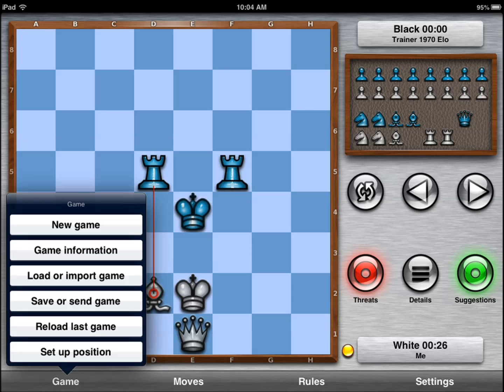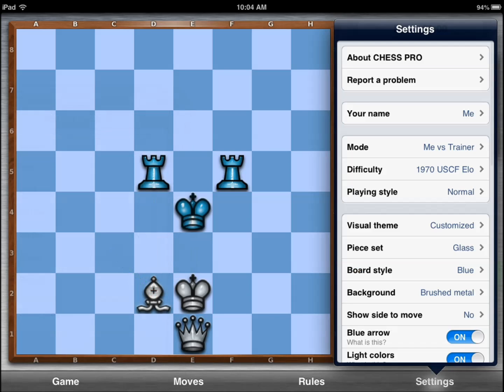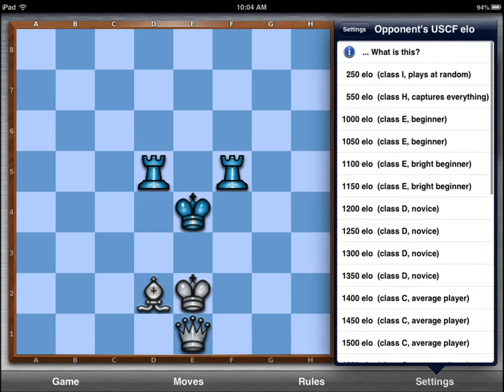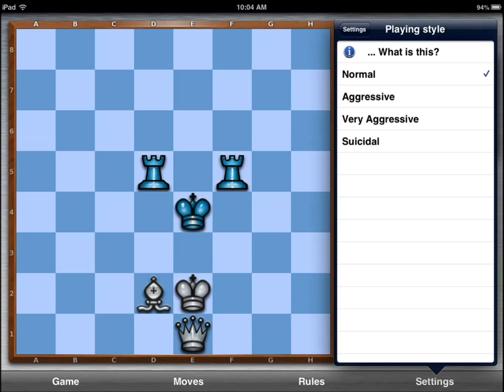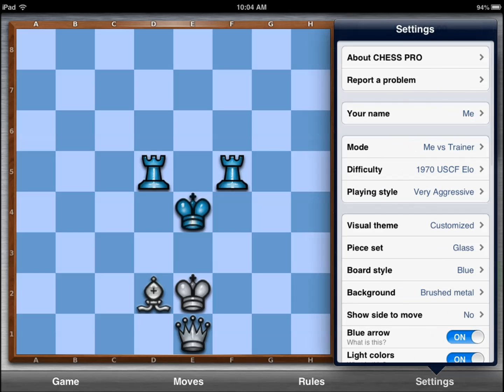You reload the game, again, the game information are available. The most important part that I would focus on for this game is the settings, as I mentioned. It's where you change your difficulty. That's important. Obviously, you have multiple levels. You change the playing style. I personally actually prefer preparing for aggressive players, and playing with something like that. You don't want to go with very aggressive. You want to go with just the one level above normal, and